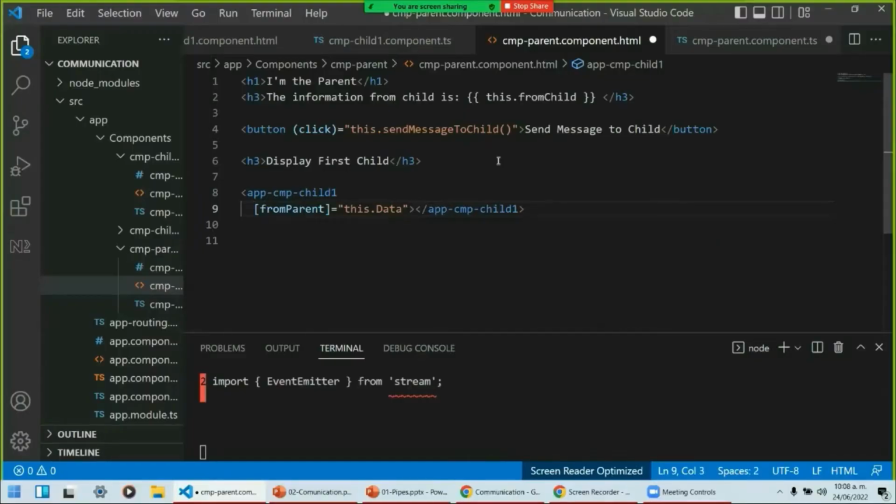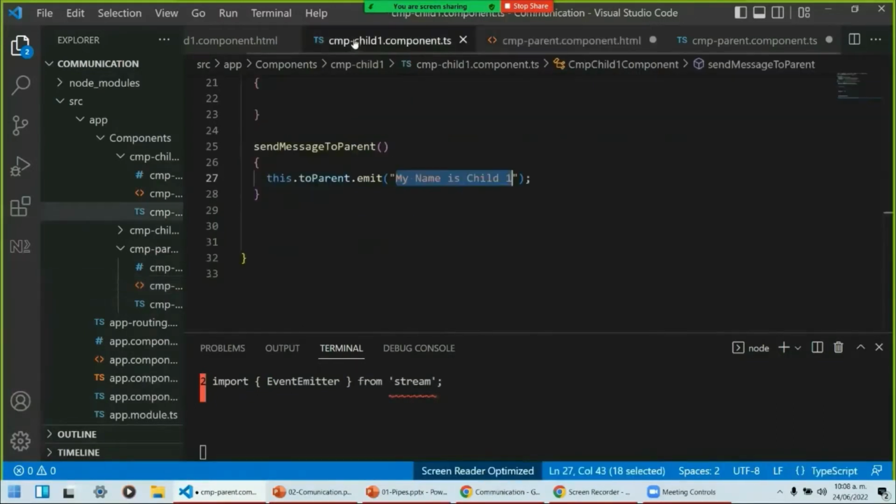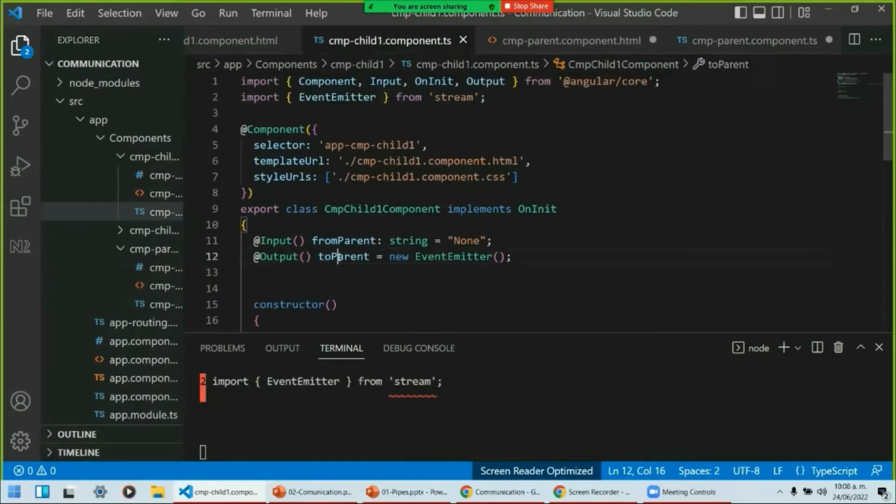Prove this property of this form. To catch information from the child to the parent, you need to add this form. Here is the name of the variable, for example, the child is to parent,